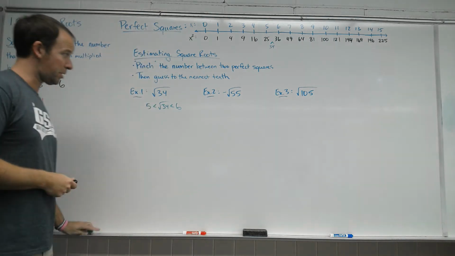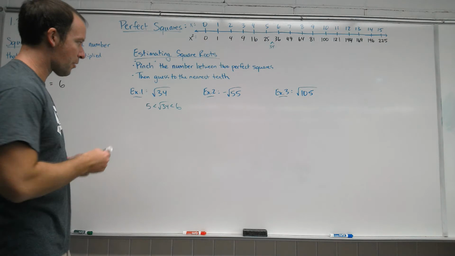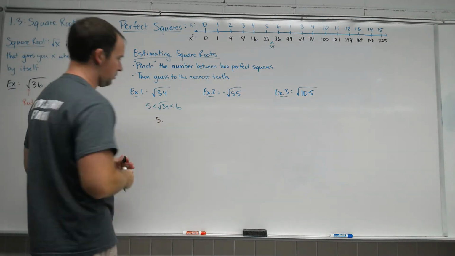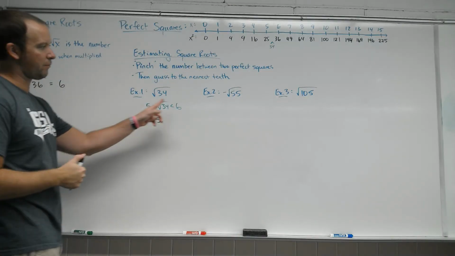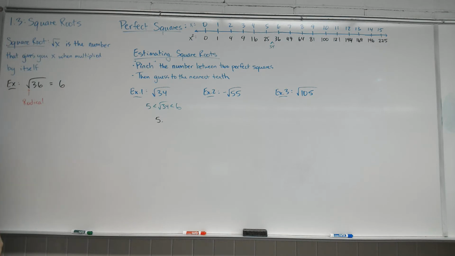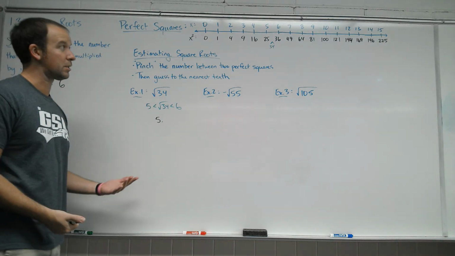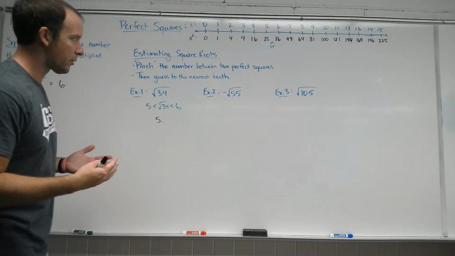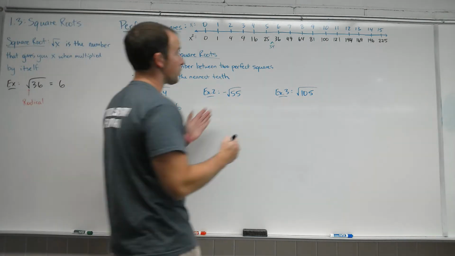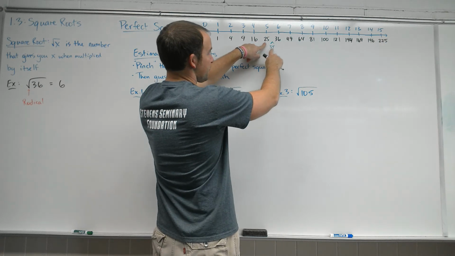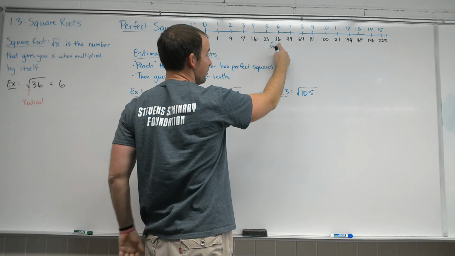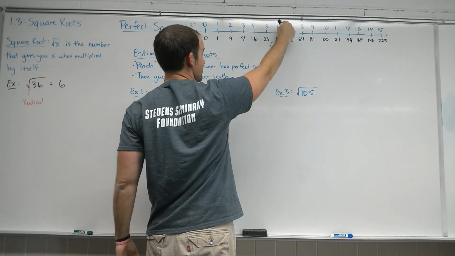If I have a number that's pinched between 5 and 6, I already know then that it has to be 5 point something, because all the numbers that are bigger than 5 but smaller than 6 are 5 point somethings. Okay. And this is where the estimate comes in. The way I do it is I take a look at the two closest squares and I say, okay, which one is it closer to? So 34, is it closer to 25 or is it closer to 36? Okay, and it's closer to 36, which means my answer is going to be closer to 6 than it is